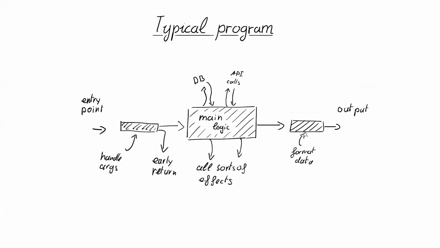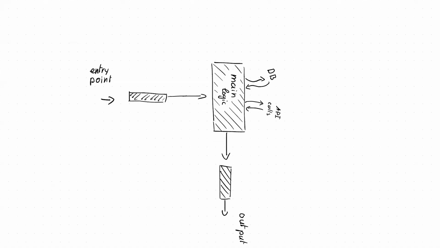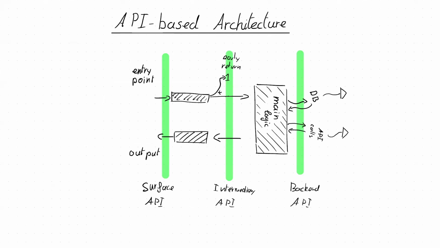And once you're done with your logic, you will maybe package your data in a format that makes sense. Maybe you're going to put this in a frame buffer and display it to the user, or maybe as a string because you're a command line interface, and then produce some output. What we're going to do with this is take this program, remove the side effects, rotate it 90 degrees, rotate it again, line up the output with the input. And what we have is we've reconceptualized a linear program as an API-based architecture for the same program,